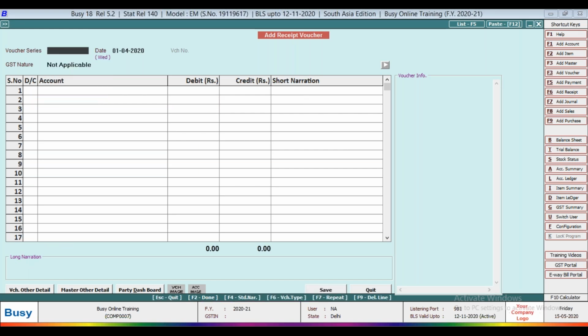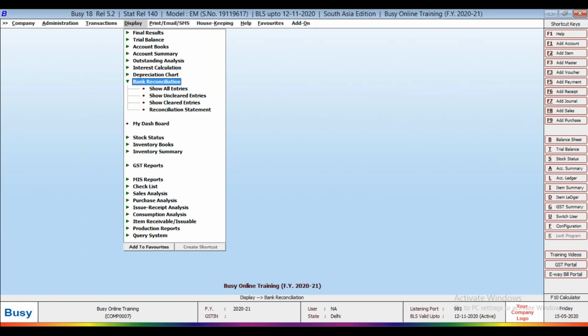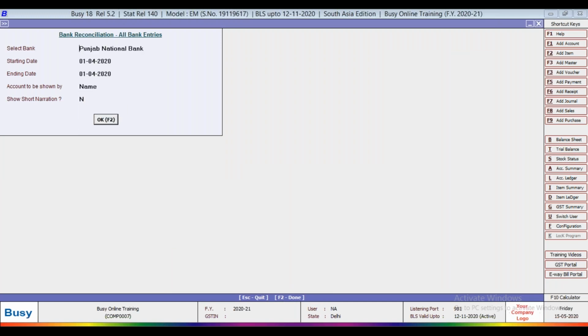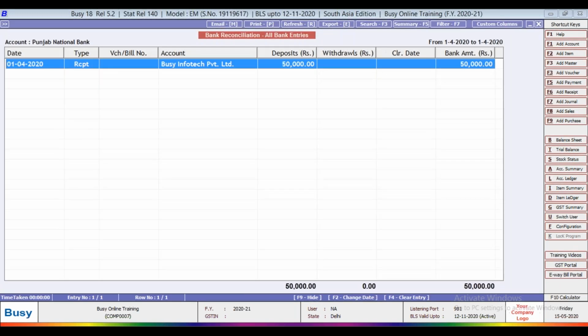Now save. Now check show all entries. Punjab National Bank. Now it is showing you have deposited 150,000 entry in your Punjab National Bank account. Receipt entry. This is receipt entry.